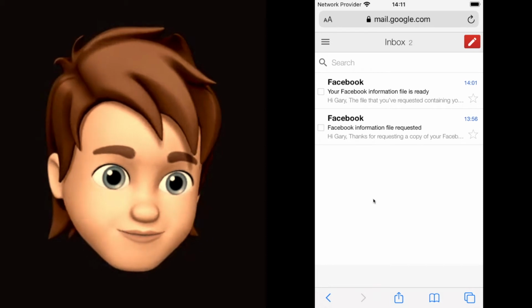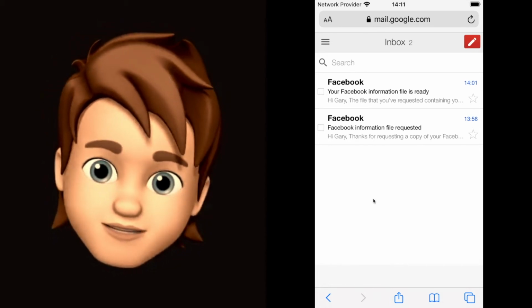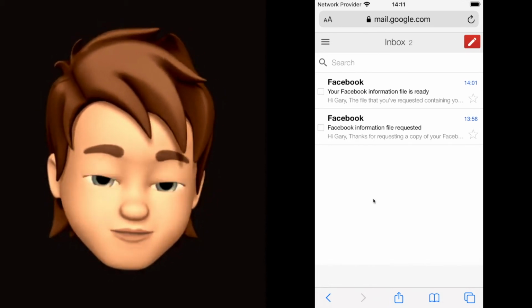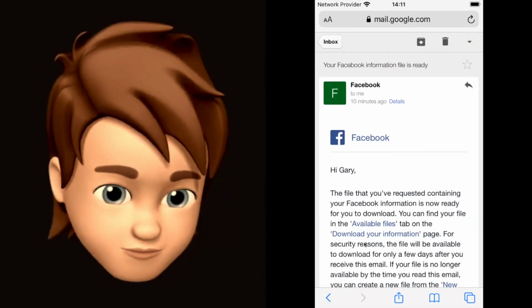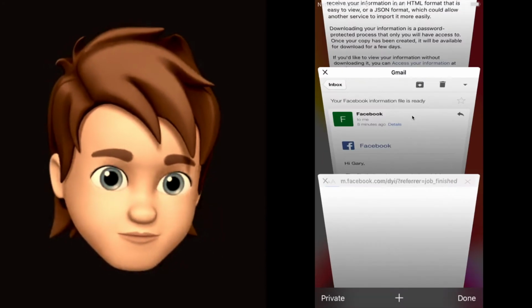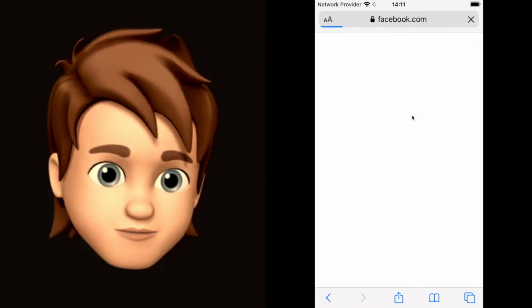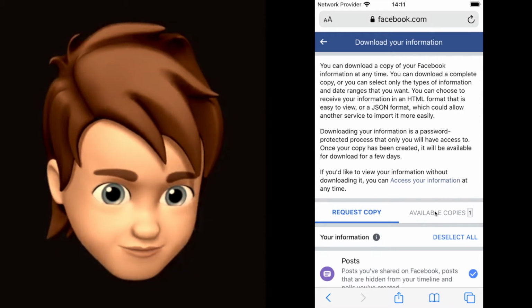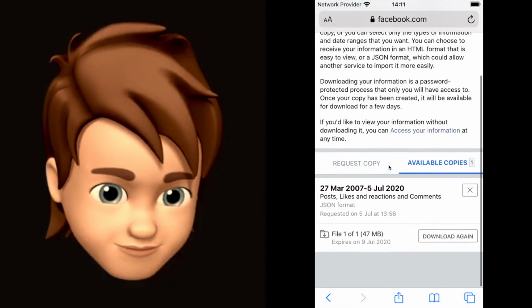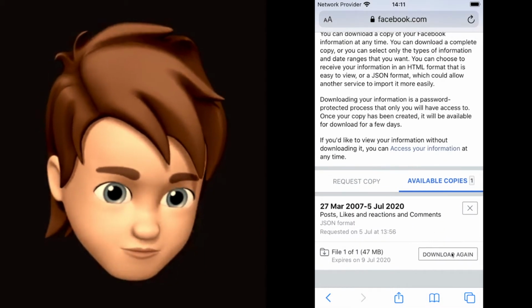Okay, so that took about 5 minutes, but now Facebook has prepared my download file and sent me an email. So if I open up the email from Facebook, I can follow the link to download my information. It will take me back to Facebook. If I tap just here, available copies, I can see the file that's ready to download. I can tap on the download button